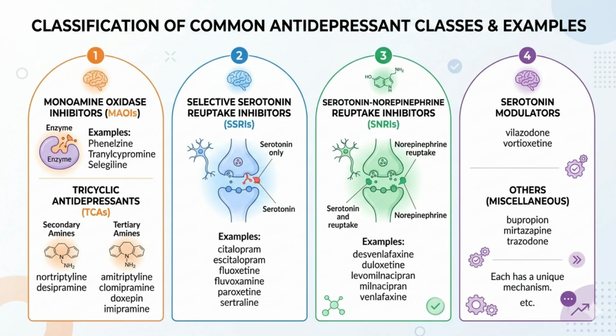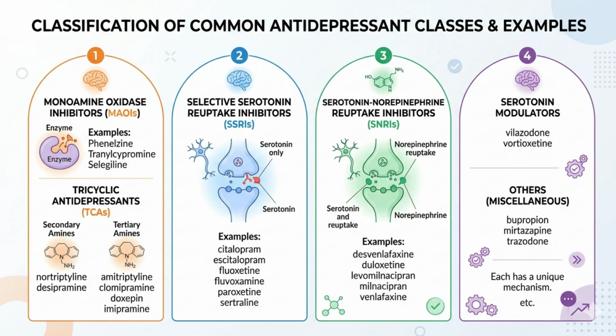So, understanding antidepressants can be overwhelming due to the sheer number of options available. While these medications all aim to treat depression and related conditions, they work through vastly different chemical pathways. So, first arc number 1 focuses on two of the earliest classes of antidepressants developed, monoamine oxidase inhibitors and tricyclic